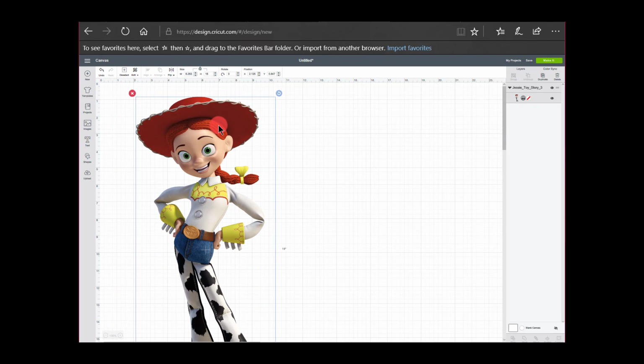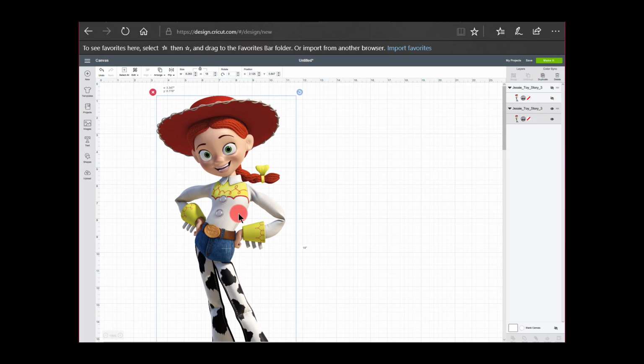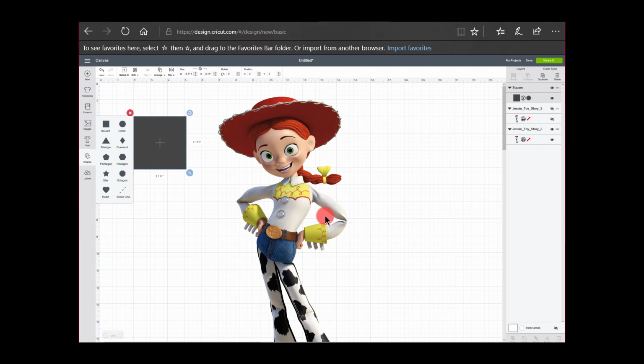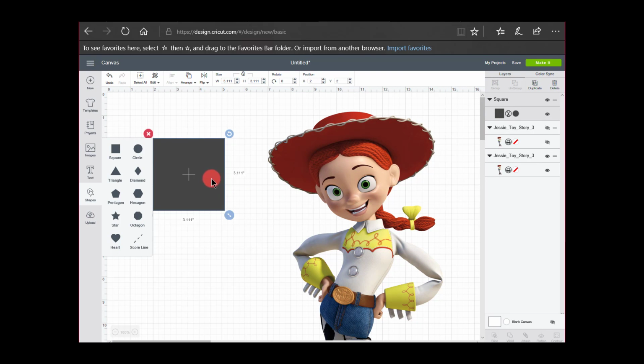So the first thing I'm going to do is I think I will just duplicate her and put her over here and hide her, just so I have her. Okay, now the next thing that I need to do is I need to come over here to the shape tool, click on it, and I'm going to get a box. Now I think I can probably scroll in a little bit so you can see better. There you go. I'm going to unlock the dimensions of the box, and I'm going to make them the size that my browser will accept